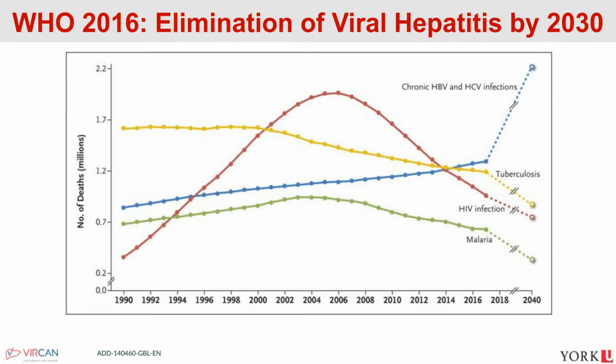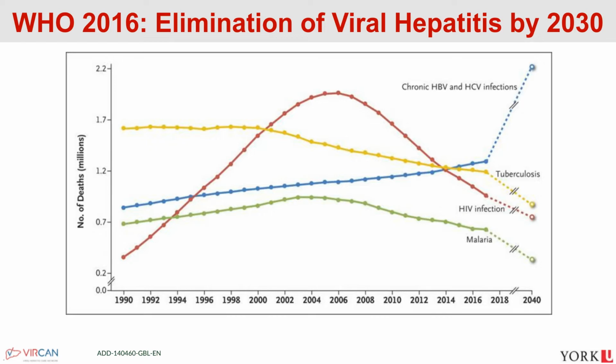By way of introduction, I'm sure many of you here know that the WHO signed, and many countries have signed on, towards the elimination of viral hepatitis by 2030. And that's obviously incredibly important. But what I want to mention is, in addition to the morbidity and mortality caused by chronic hepatitis B and C, hepatitis B and C is also increasing in morbidity and mortality over time. So unlike the other three major infectious diseases that we think about globally, malaria, HIV, and tuberculosis, which are all going down, viral hepatitis is actually increasing.